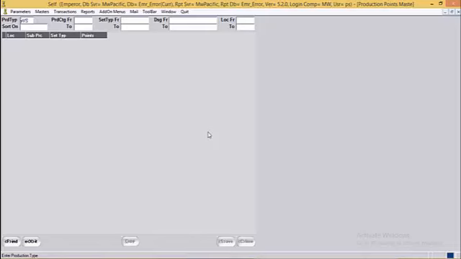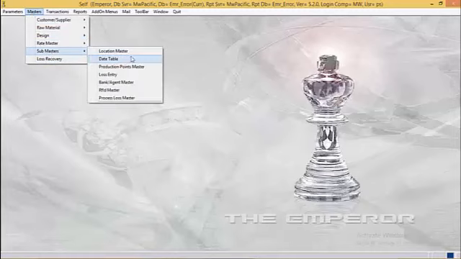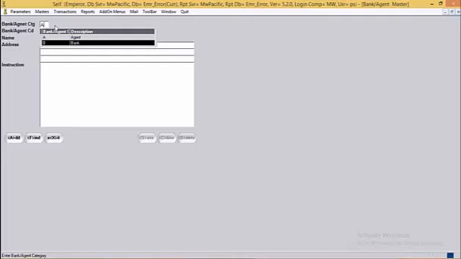Now we will move to the next master, that is bank agent master. Here when the tag is entered as A, then the details entered over here are considered of an agent, or if the tag is entered as B, then the details entered over here are considered of a bank. First we will take a look at the agent code and the agent master.